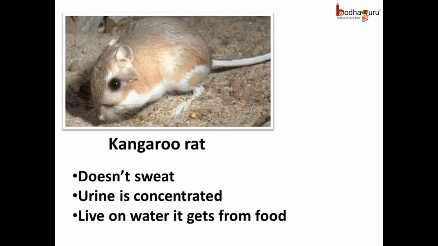You know, the kangaroo rat can live on water they get from the food itself. Its favorite food is the seed, which can absorb the moisture from the air. Many kangaroo rats can live its whole life without even drinking water. It doesn't sweat. Its body produces concentrated urine to conserve the water. Even in reptiles like snake, the excreted waste from body is semi-solid uric acid to conserve the water.